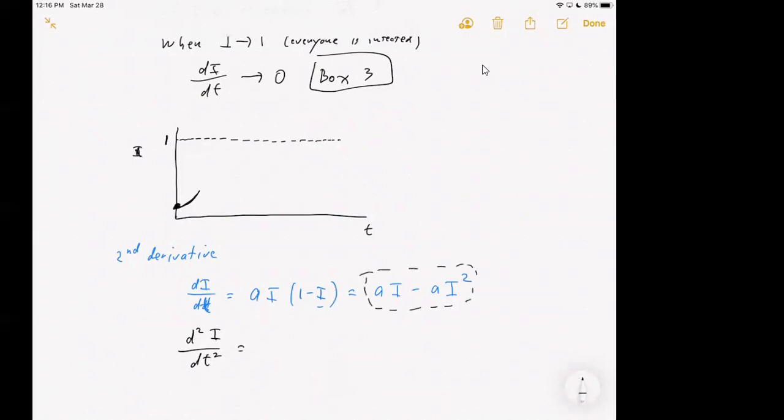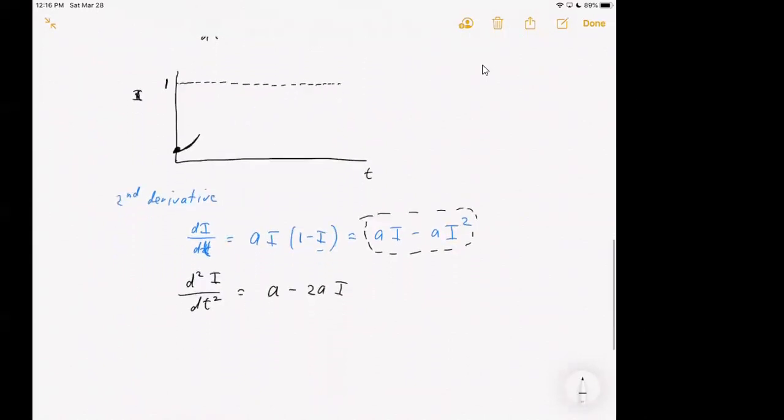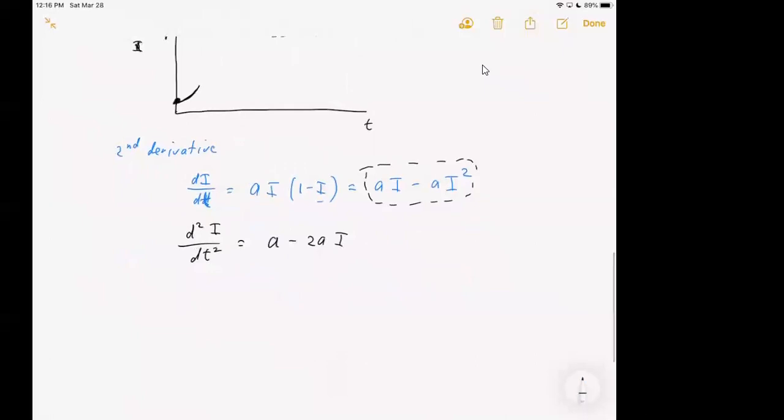Remember, a is a constant, so the derivative of the first term is a, and the derivative of the second term will be minus 2ai. Now, where the second derivative changes from concave up to concave down, it will equal 0. So we can say that there is a point of inflection